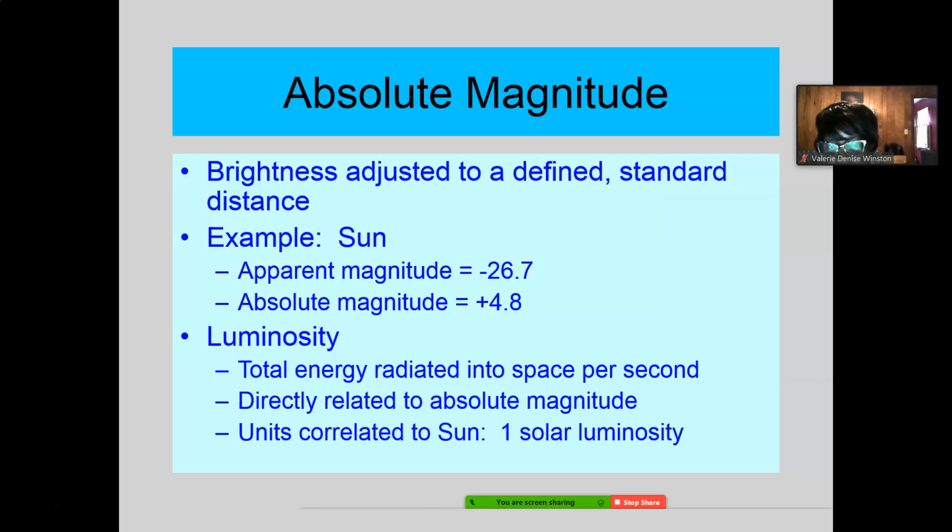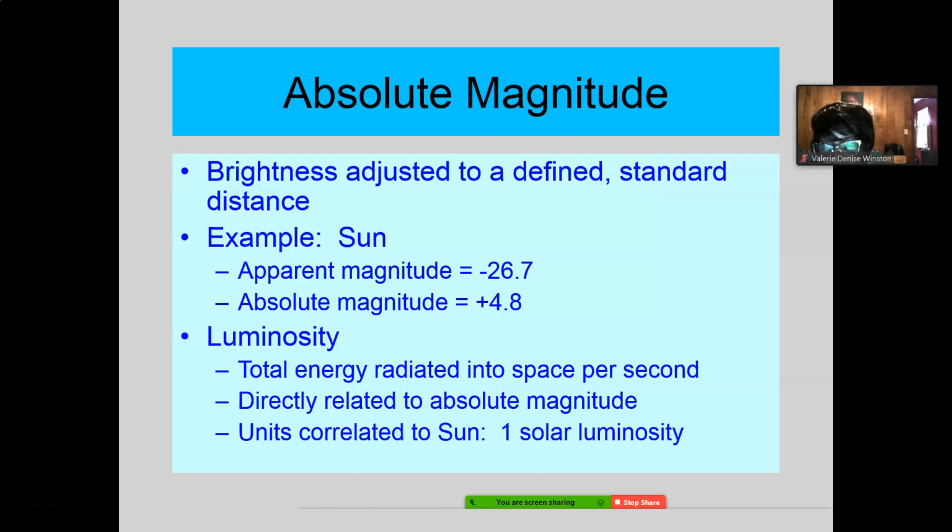Sirius is about 1.4, which tells us Sirius gives off more light than our sun. How many times brighter is Sirius than our sun? Well, that's the ratio of 4.8 to 1.4.